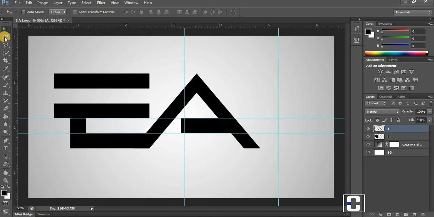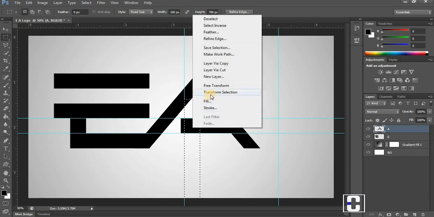Now next, I'm going to click on my marquee tool once more, and I'm going to bring this down to fixed size. So I'll have my 700 pixels. I'm going to click here. But this is not what I want. I'm going to reverse this. I'll click OK. So after reversing this, I'll click below here and click on